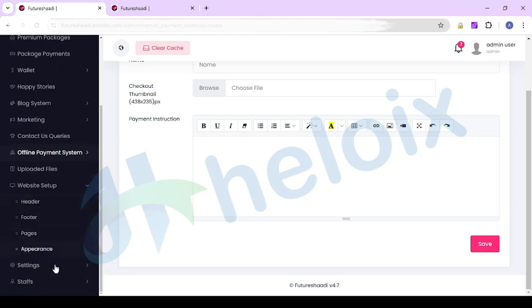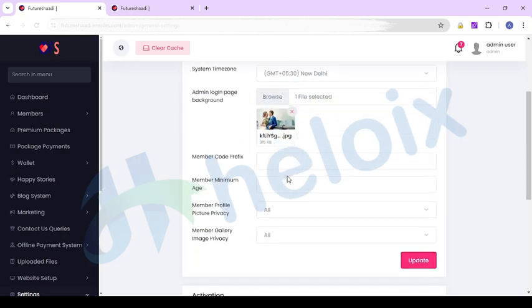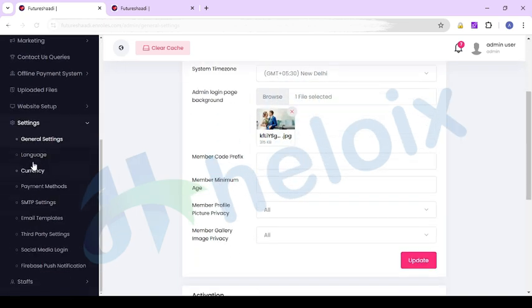So here you can check header, footer. In settings, some settings are here. So here you can check online payment gateways. Here you can manage all the pages and etc. Here you can set up your system languages, multi-currency support. So you can set up any currency in which you are working.